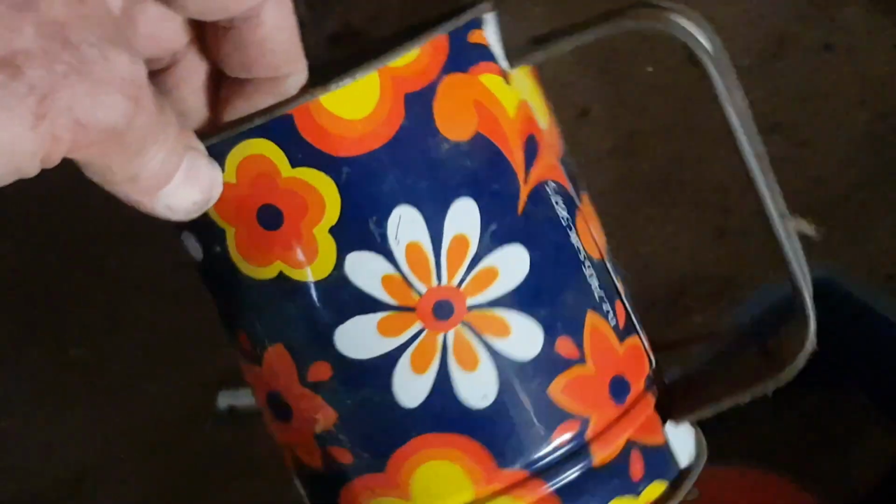A very retro flower power flour sifter. I think the little mechanism that operates it is missing a link or something, but wow, what a great design from the 60s there. So that'll sell alright as an ornament. So I finished this side,